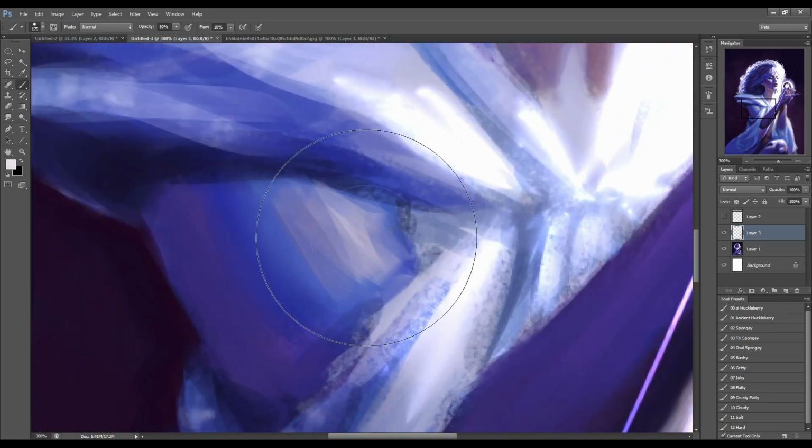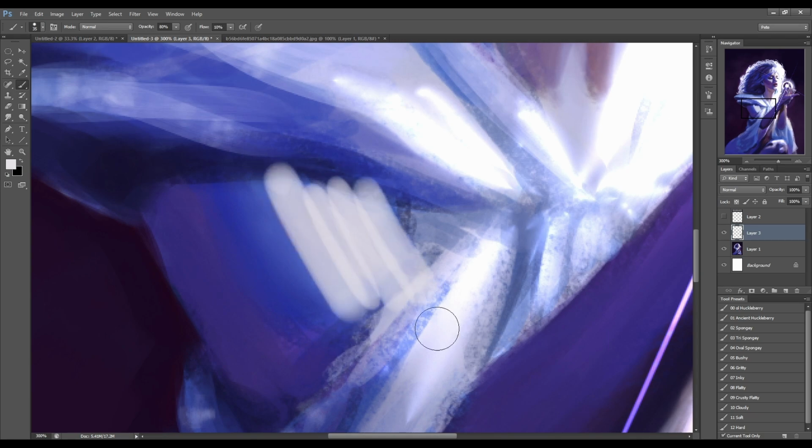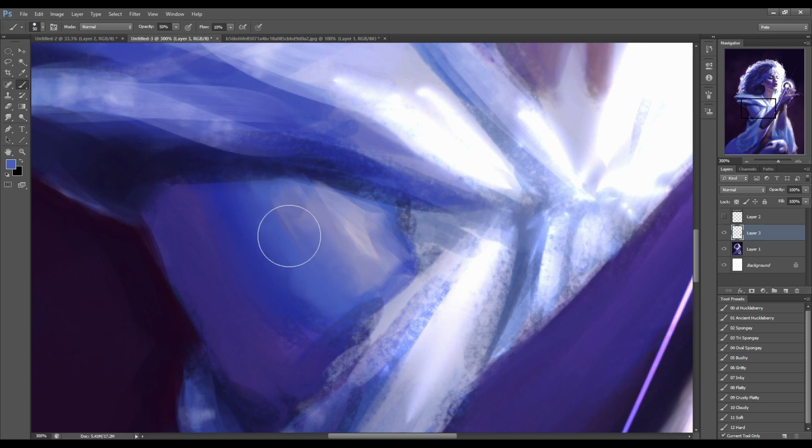So I see you've got this little bit of rendering here on the arm, and I see the strokes running like this, which... Yeah, I thought it was more about the opacity of each stroke than... No. The key to it is actually the direction. So if you wanted to blend this, typically I turn the opacity down a little bit if I want to start blending.